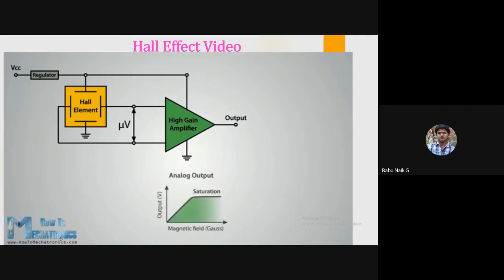one providing analog and the other digital output. The analog sensor is composed of a voltage regulator, a Hall element, and an amplifier. From the circuit schematic, we can see that the output of the sensor is analog and proportional to the Hall element output or the magnetic field strength. These type of sensors are suitable and used for measuring proximity because of their continuous linear output. On the other hand, the digital output sensor provides just two output states, either on or off.